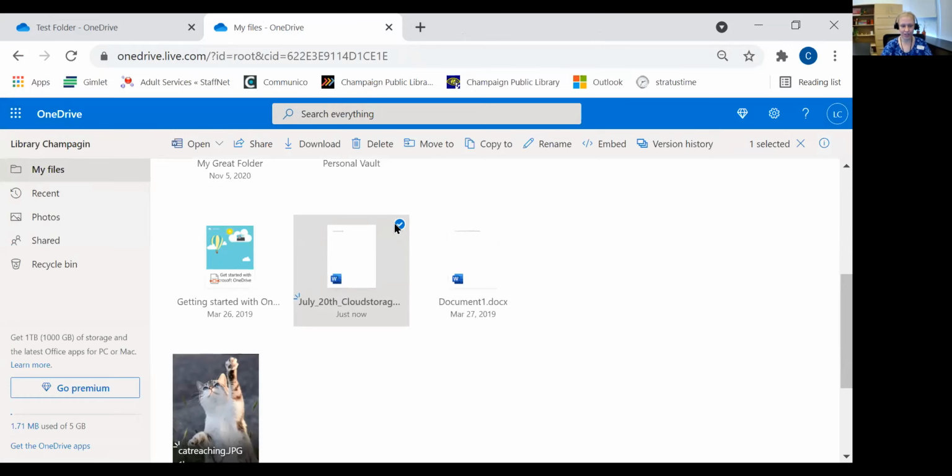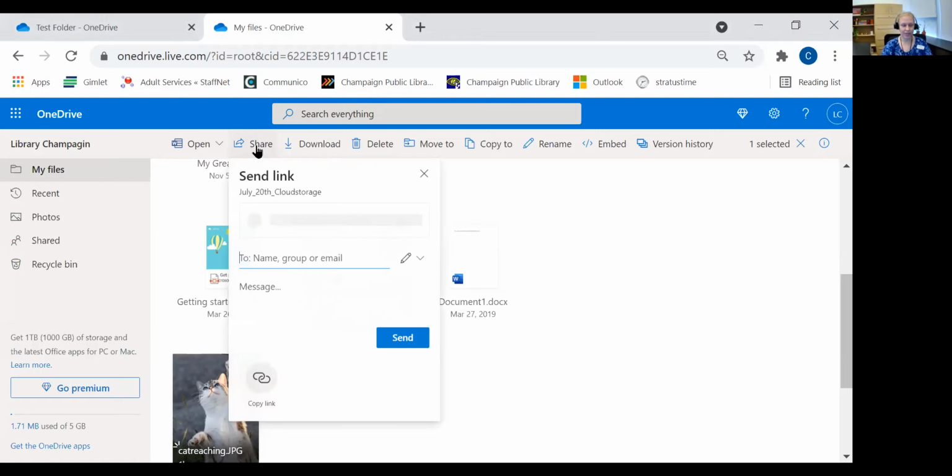If I check mark it, I have all the options up here across the top, like we did for our photo. But this time we can open it, and then we could edit it, but we can also share it. So now I'm going to show you what it looks like when we go ahead and share something. So I'm going to say share. And then I could put in here, anyone with the link can edit this document. So if I want to collaborate again, say for the baby shower, I'm going to send it to